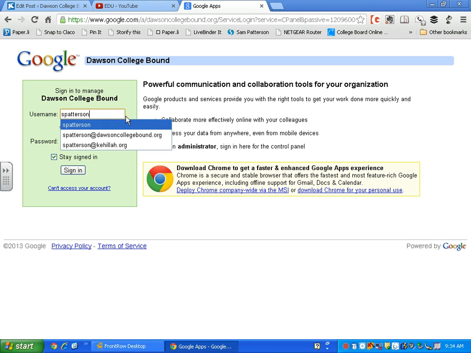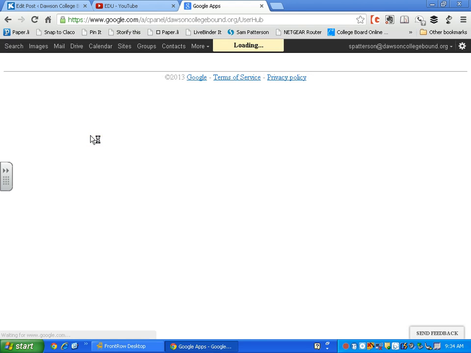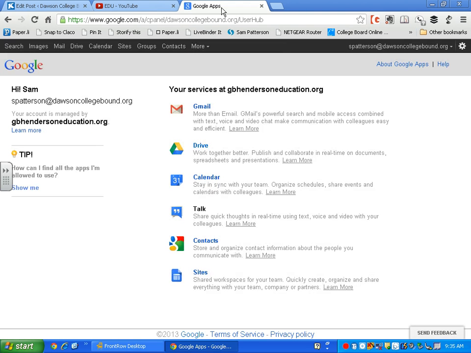It's going to be something similar to first initial last name. And then I'm going to put in my password, and that's going to take me to this page, which gives me a choice of Gmail, Drive, Calendar, Contacts, Sites. We're going to go to Drive,